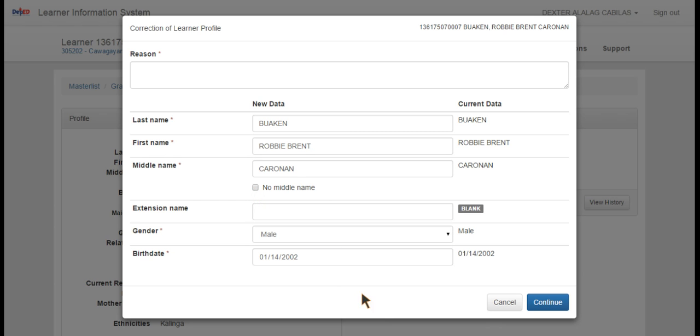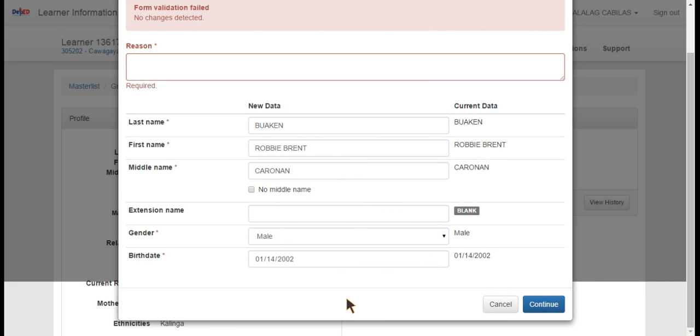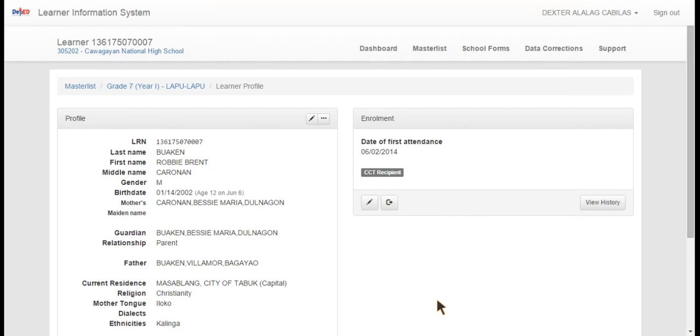Then once you are done, all you have to do is to click on continue. And then a message will say form validation failed because no changes were detected. So this is just a video tutorial on how to change or update the record of a certain student. So we're just going to click on cancel.